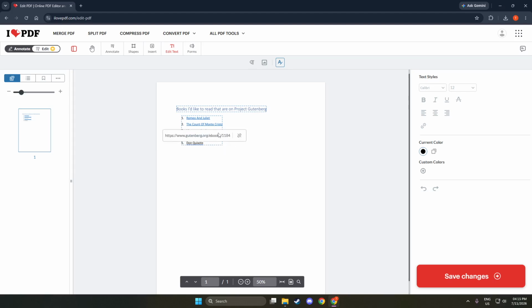This action is critical because it permanently removes the selected link from your document. You may see a brief confirmation or indication that the link has been deleted. This feedback reassures you that your editing is working as intended. After that, you can repeat this process for any other links you want to remove. If your document has multiple links, just click each one and delete them in the same manner.